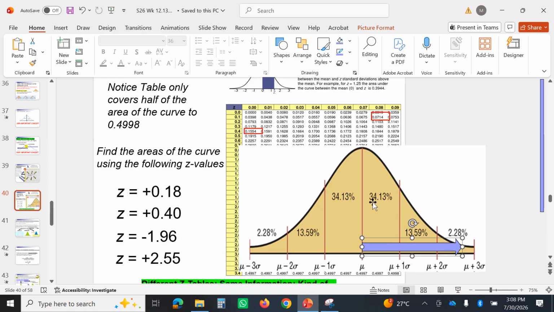So what are we looking at here? 34 and 14 is looking at 38, 39, 48, 49%, somewhere in there. And let's have a look at what. And when you're doing these, remember, it's not